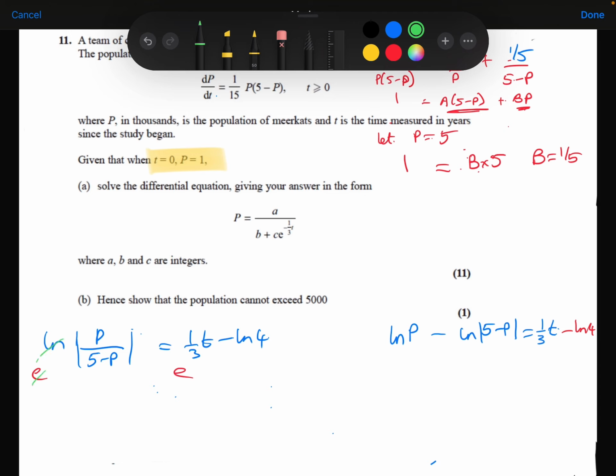The e to the ln cancels out, and so that's going to leave me with p over 5 minus p. And on the right hand side we've got e to the power of 1/3 t minus ln 4. The whole thing is in the power there. It's e to the power of everything. But I could split that exponential up to be e to the 1/3 t times e to the power minus ln 4,